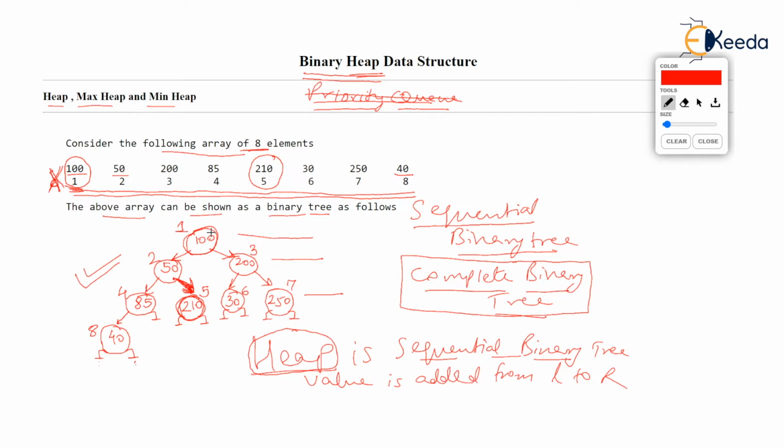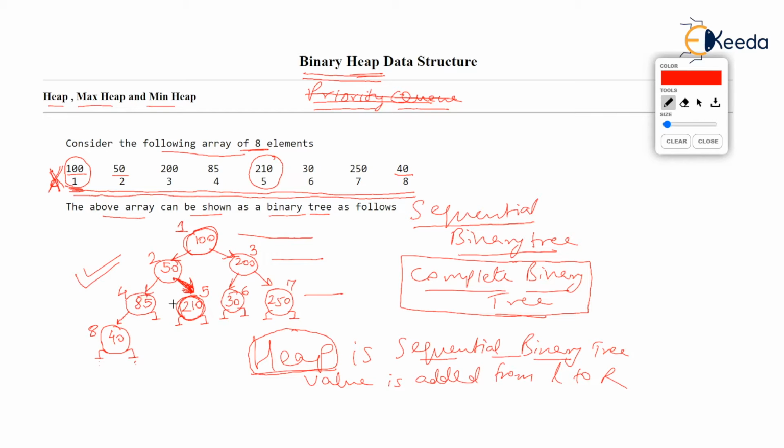Okay, one more thing. You see, there is some relation between parent and child over here in the binary heap. Take any child. Let's take 85. You know 85 is a child of 50. Now, what's the relation here? Relation is about the number given to the nodes, not about the values. So, let's take this child 85. What is the number given to this node? 4. So, you are at node number 4, and somebody asks you where is the parent of this node. Then it is so easy. Just divide the number by 2. 4 by 2 is 2. So, you will instantly know who is the parent of 85.